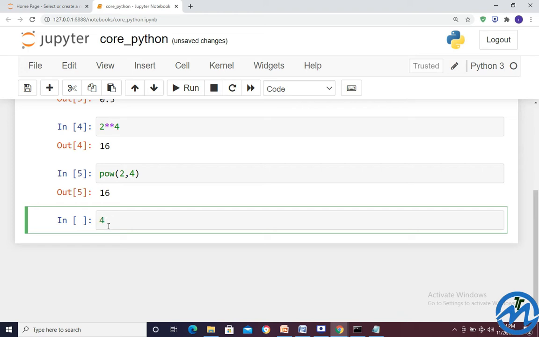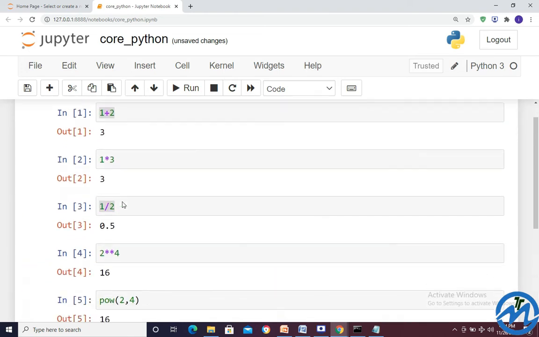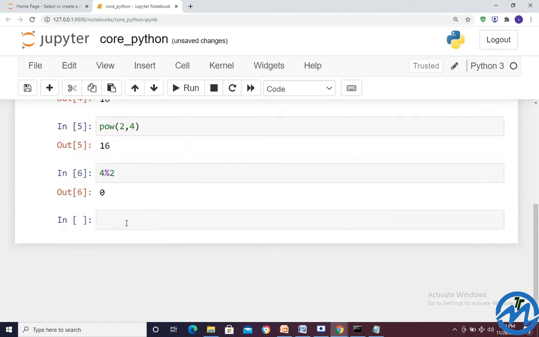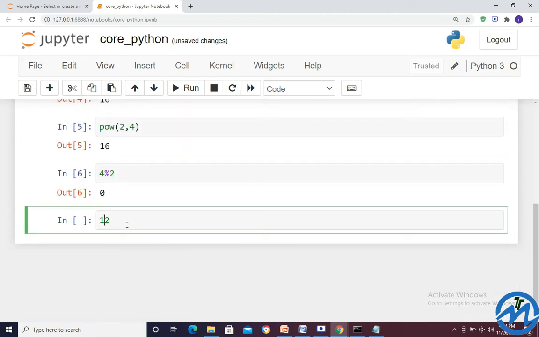So 4 modulus 2 gives 0. I have written here 1 by 2. Let me give 1 modulus 2, which gives 1. Now next, what we have in this manner,